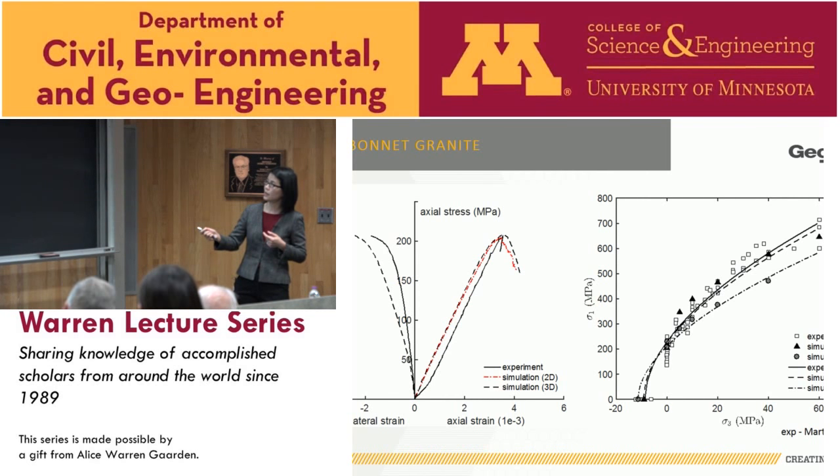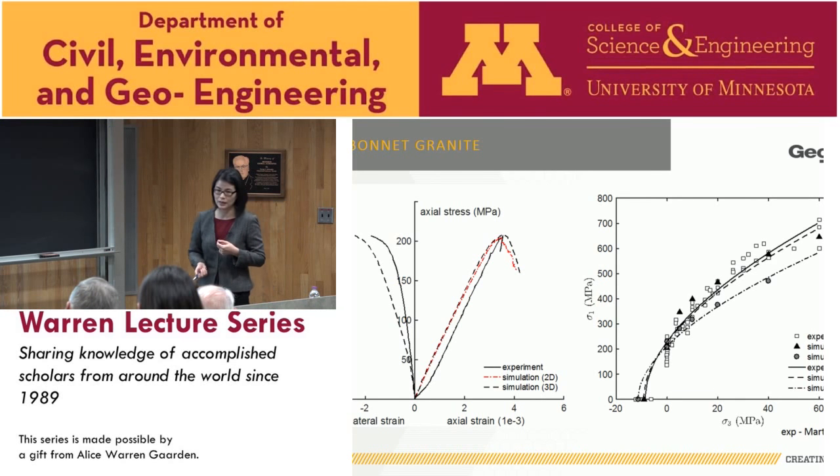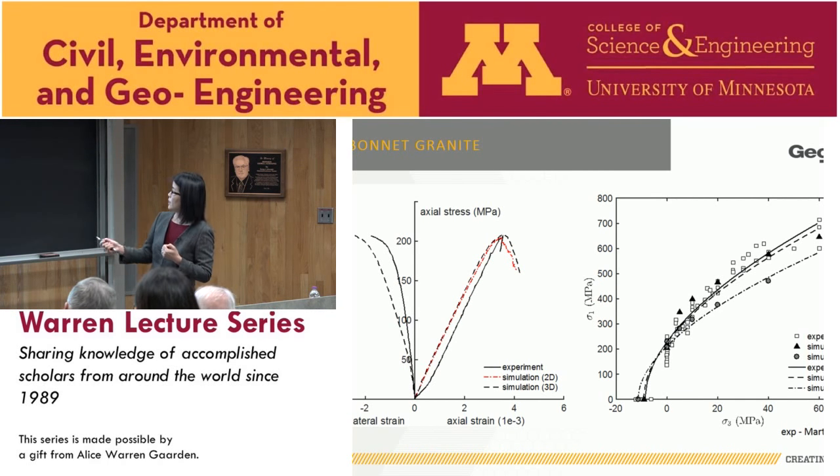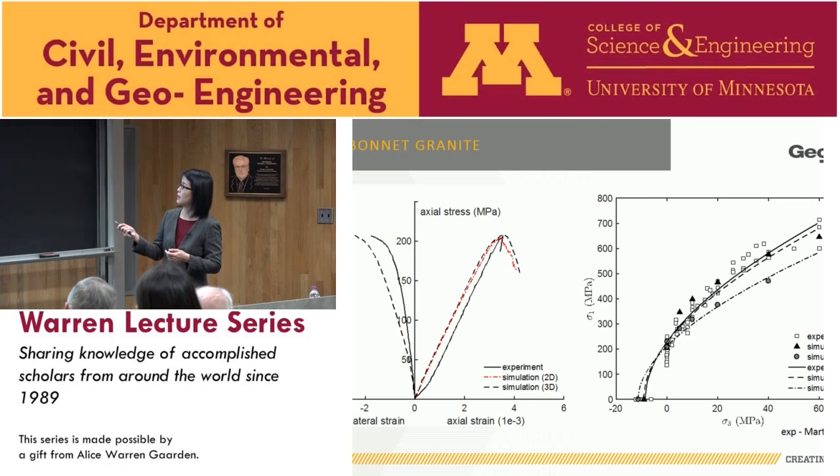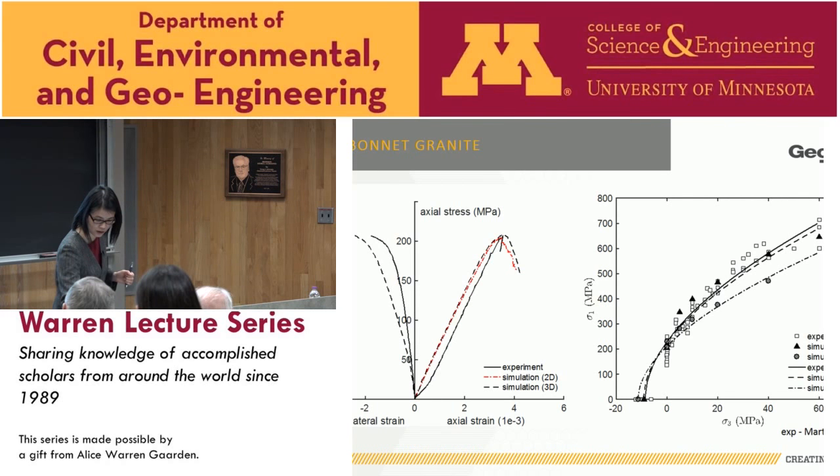In this case of the 3D simulation, there's a discrepancy between the simulation and the experiment. But I'm not surprised by that, because the granite's grain size is so large and the granite is very angular, and we are just using spheres to approximate that. So I expected, for example, that the flat joint model would certainly do a better job than what we have proposed for just a circular or spherical particle.